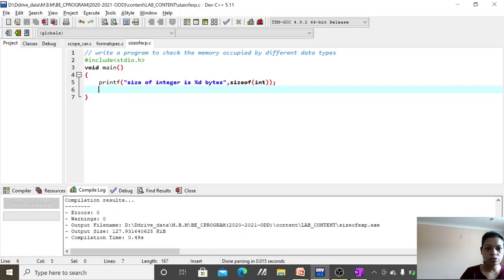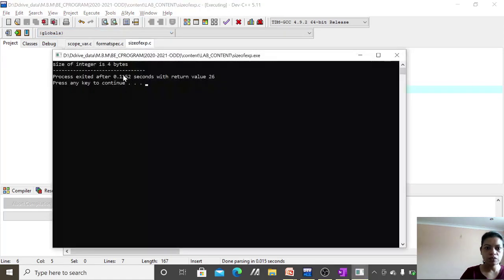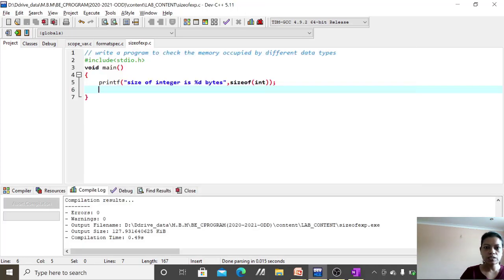The error is 0, warning is 0, that means it is successfully compiled. Then you can run the program. You can see the size of integer is 4 bytes over here. So through this program, by using sizeof, we can check the size of integer.